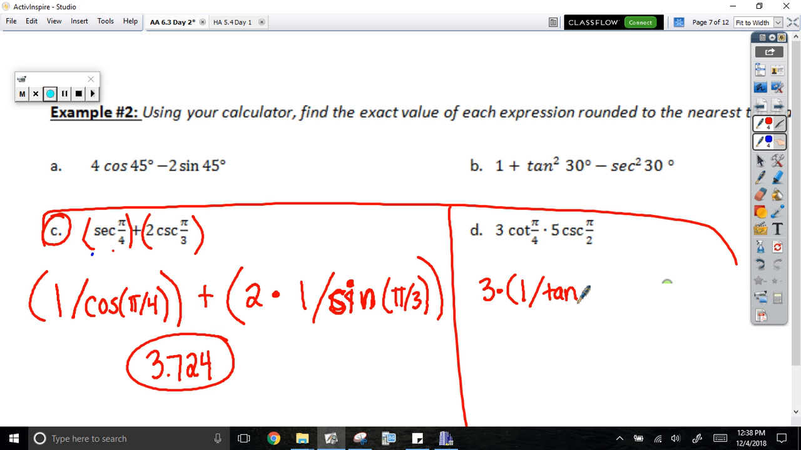3 times 1 divided by tangent of pi fourths. Close once for the angle, close another time for your cotangent. And then we'll have times 5 times the cosecant. Cosecant is 1 divided by what? Sine. This one's pi halves, close